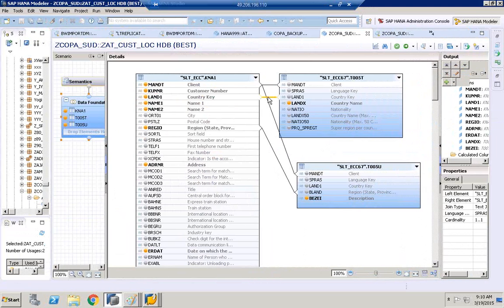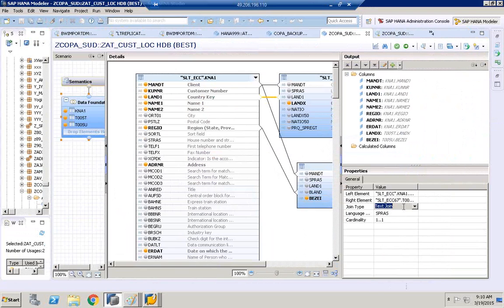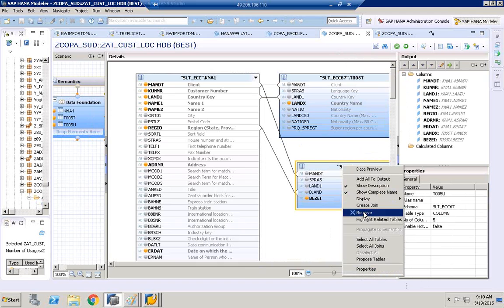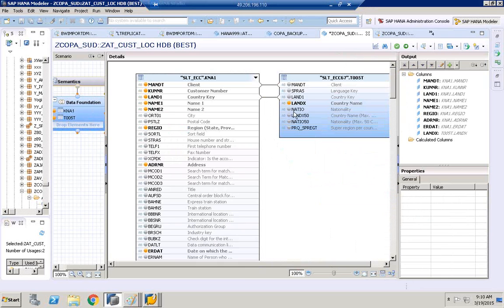So here you're taking this as a text join. You're taking this text join means you're actually getting the language based on user session. So same thing, what we can do here is just remove this, take the table again from add table,